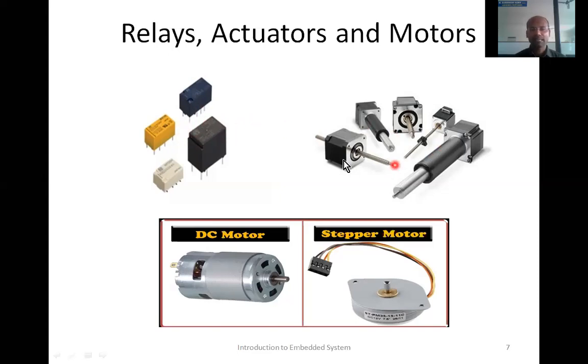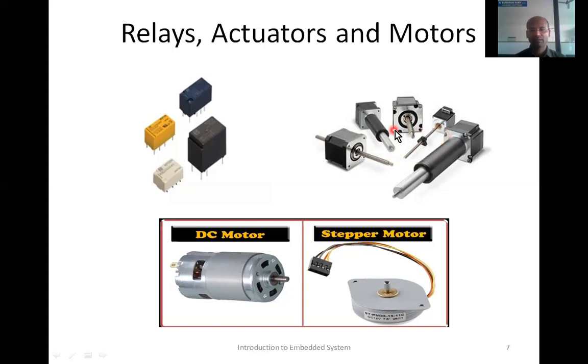And these are the actuators, and these actuators are generally used to move the robot arm. If you want to control the robot arm, we can use these actuators. Or if you want to control a valve, closing the valve and also opening the valve, there also we use this type of actuators.